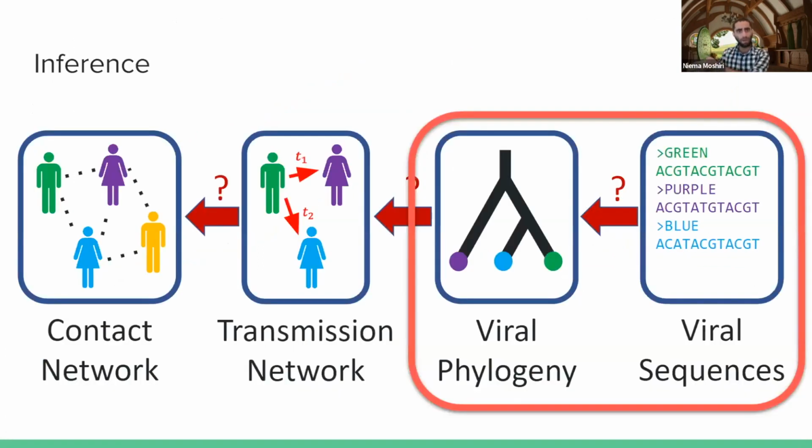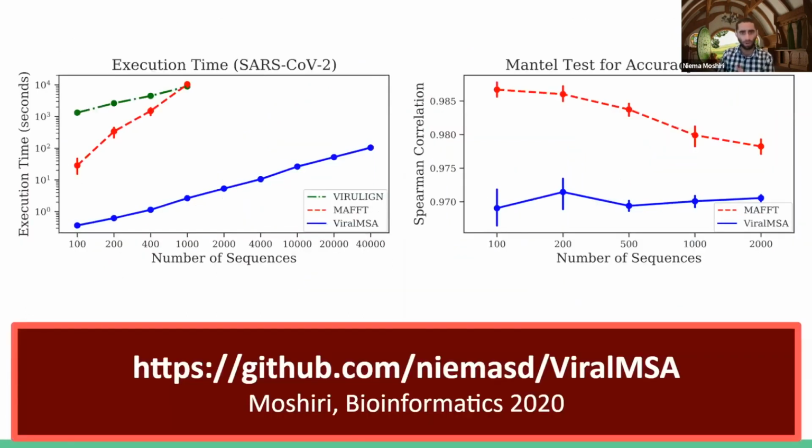Now, how do you go from viral sequences to a viral phylogeny? Well, the first step that you have to do, as I mentioned before, is multiple sequence alignment. So prior to the COVID-19 pandemic, people typically used multiple sequence alignment tools that don't really make assumptions about the sequences that you're giving them. So those tools were built to be able to align any arbitrary sequences,